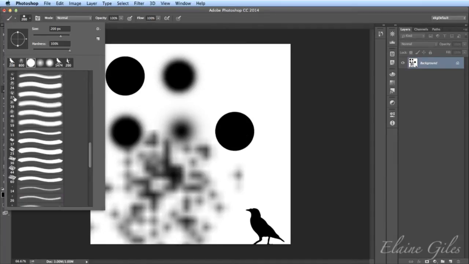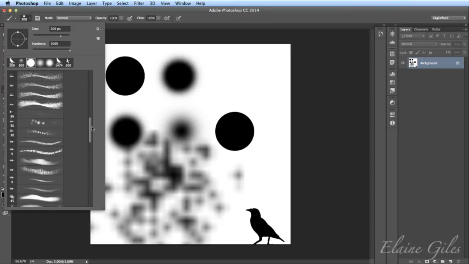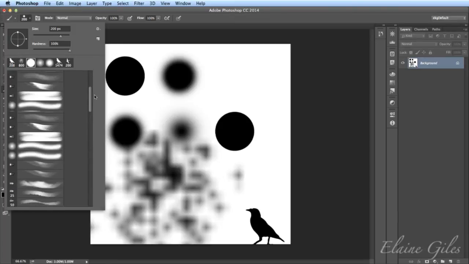So you have the thumbnail on the left-hand side, but you also have a preview of what it would look like if you were painting with the brush. Now you might think, well, what else would I do with a brush other than paint with it? But all will be revealed shortly. You may be doing other things with a brush. But if what you want to do is to make a stroke with that brush, then this is a great view because it gives you a preview of what that will actually look like.